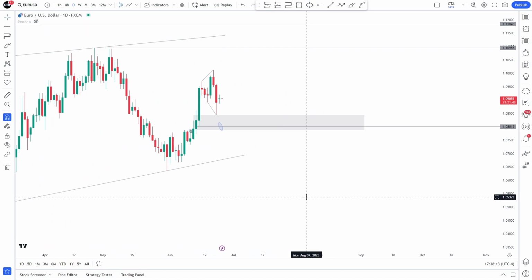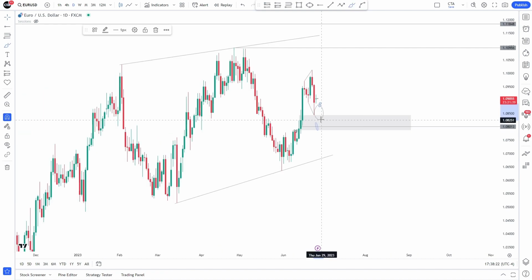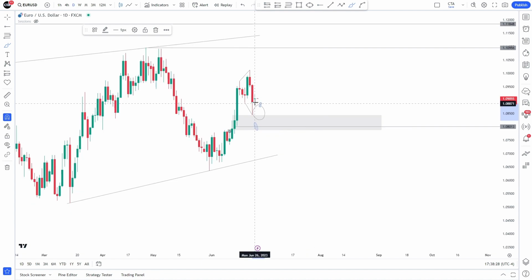So there's a very good chance that within the week we could come into this area, and if the market falls into this area, we're not going to get excited and say, oh, we're going to hell immediately. No, we're not going to do that. What we're going to do is identify it as an opportunity for us to buy into lower prices. That is what we're going to be looking at.